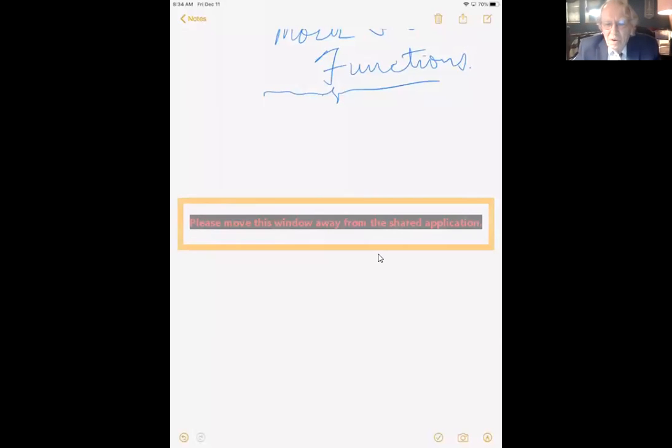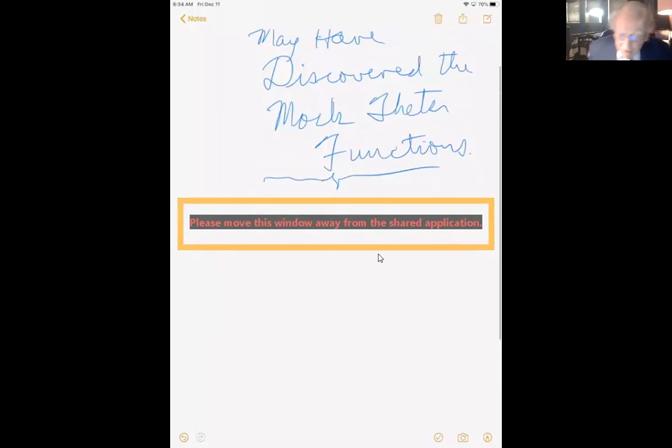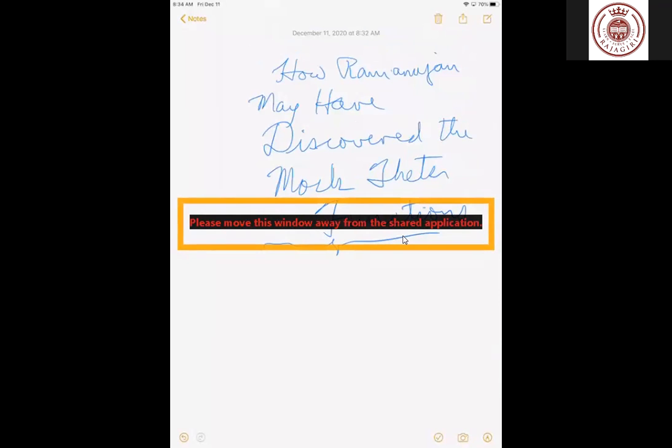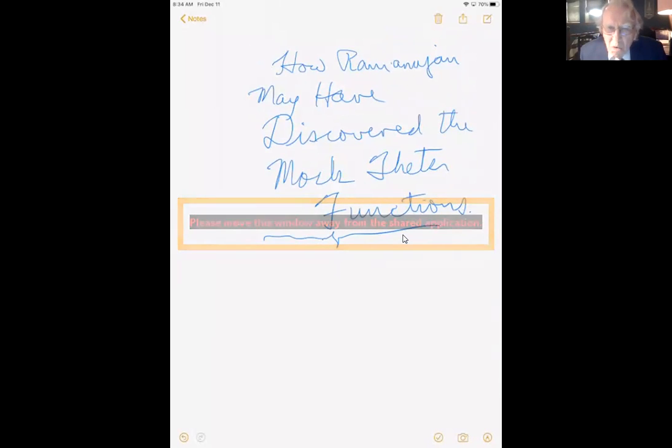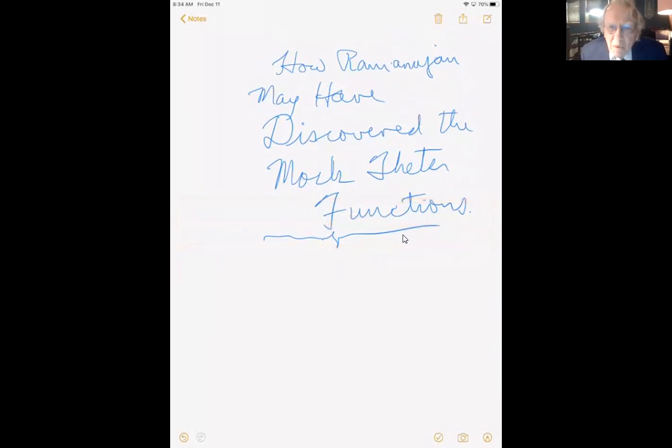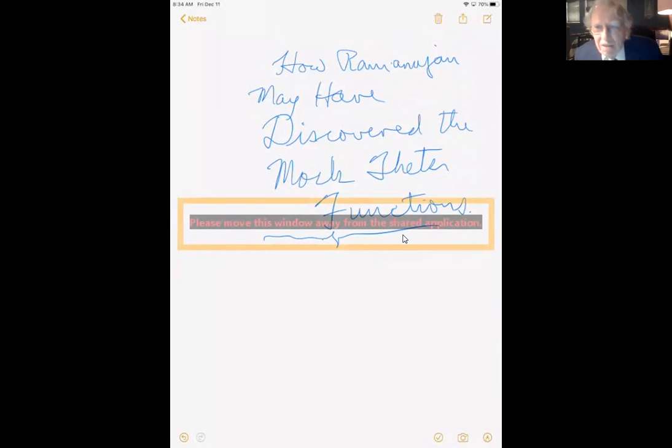Sorry about that. All right, so this is about how Ramanujan may have discovered the mock theta functions. And I hope everybody can see what I'm writing. These functions are quite mysterious, and so why Ramanujan would have even dreamed that they were possible is something that I would like at least to give a plausible idea of what actually